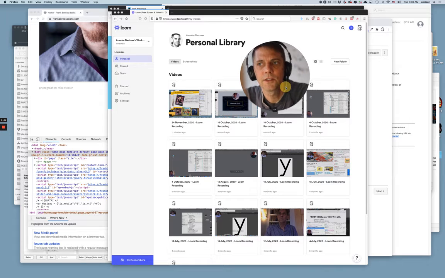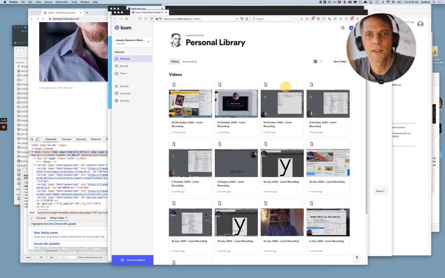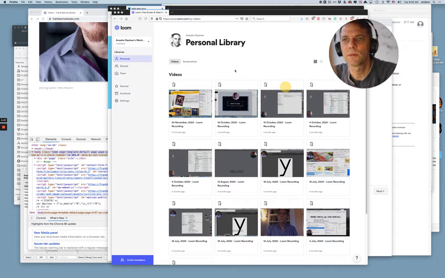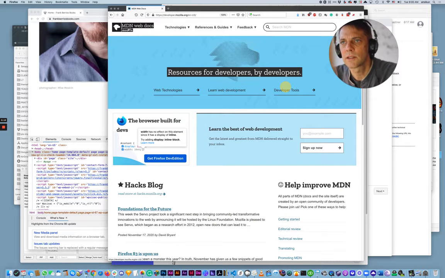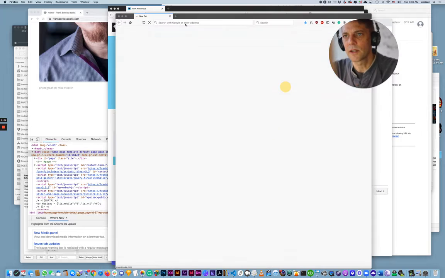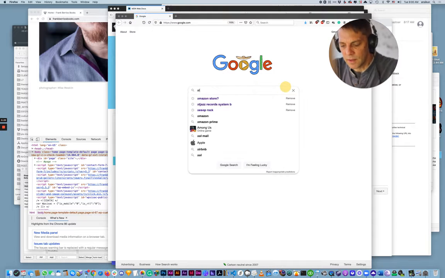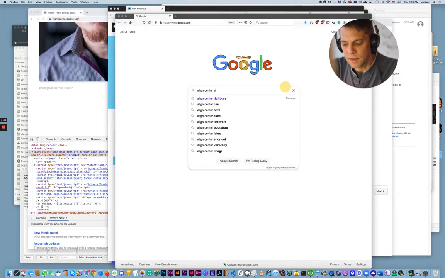Hi, I wanted to show you how to use the inspector tools in a browser because for web designers it's one of the tools that we use quite a lot. I think the best ones are made by the Mozilla Developer Network, like MDN. And actually when I Google CSS or HTML questions, I always ask directly, like "align center elements"